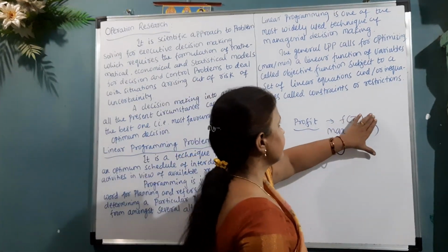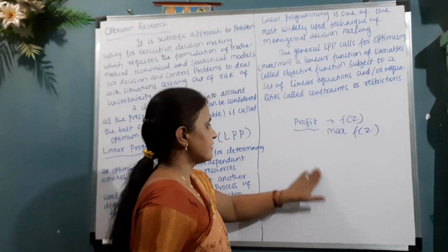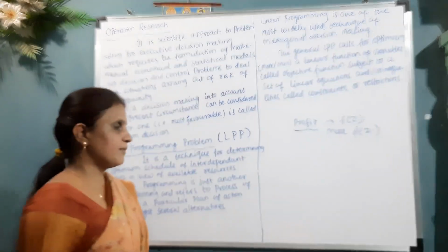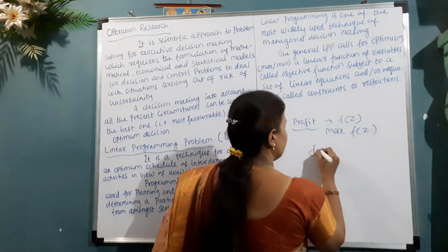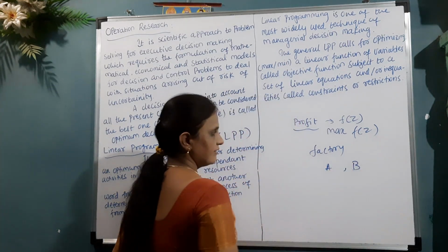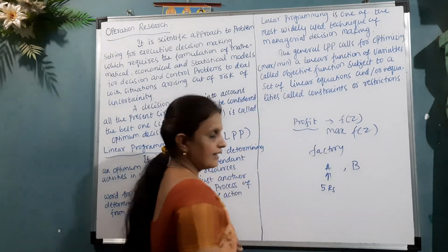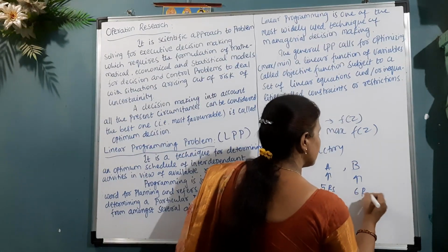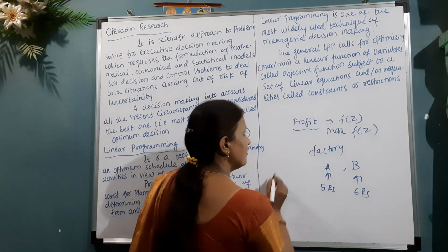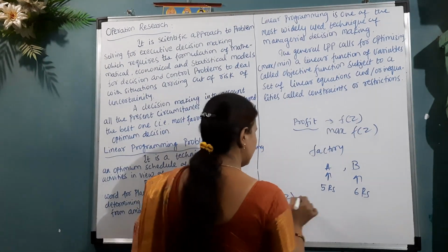Now to solve this, there are many resources which have certain limitations. We can have equations for that. Suppose there is a factory selling product A and product B. Product A gives, say, 5 rupees of profit after selling, and product B gives, say, 6 rupees of profit after selling. So what will be our profit generally?